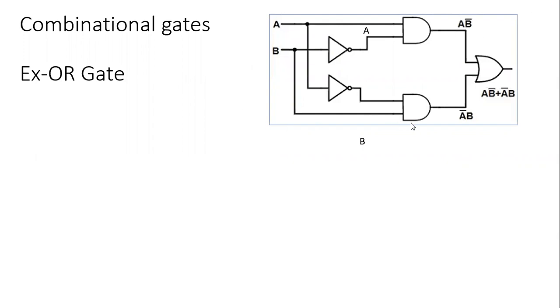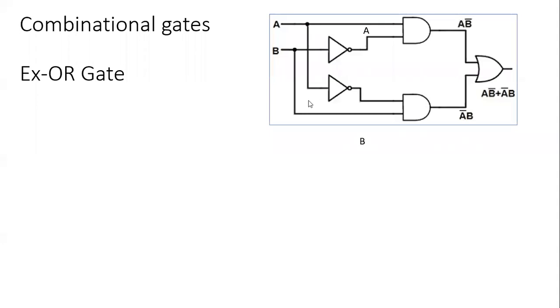Same way, if you go to the next AND gate, you will find A is coming to the AND gate with a NOT. So this makes it A bar, and B directly comes to the AND gate. Fine. So it becomes A bar B. Now OR gate, what does it do? It just adds all the results that have come to it. So what two results have we got? We have got A B bar and A bar B. So the result has become A B bar plus A bar B. Now this is called XOR gate.